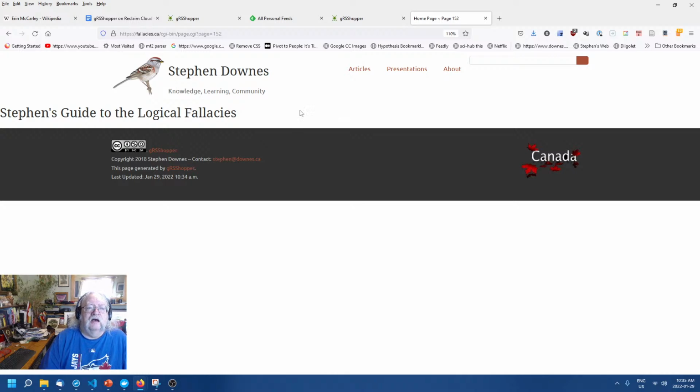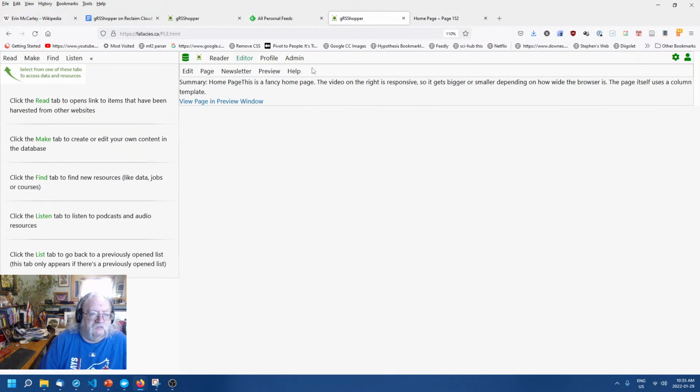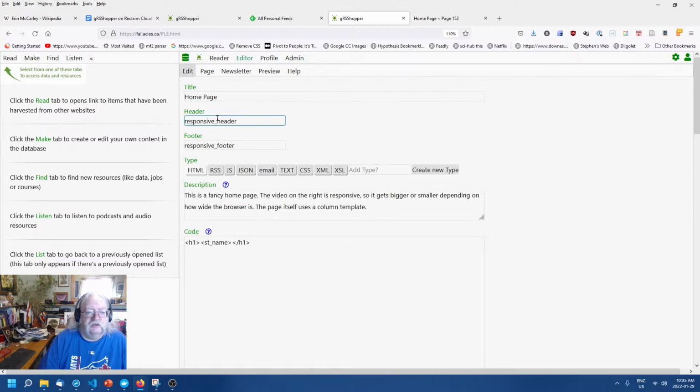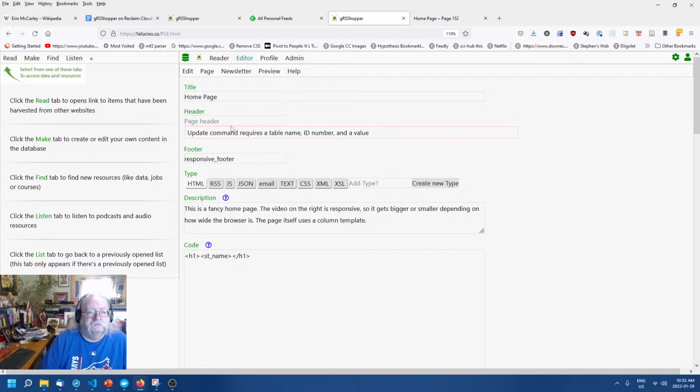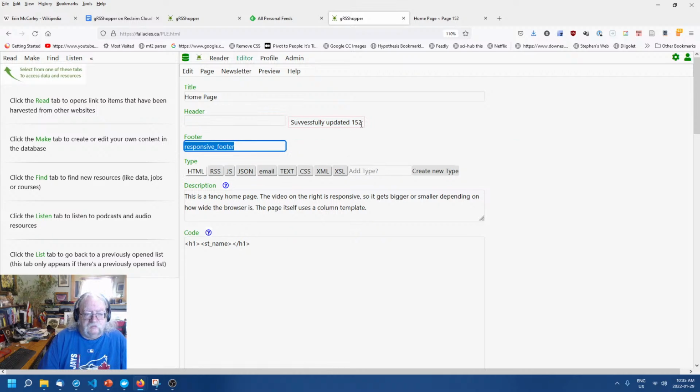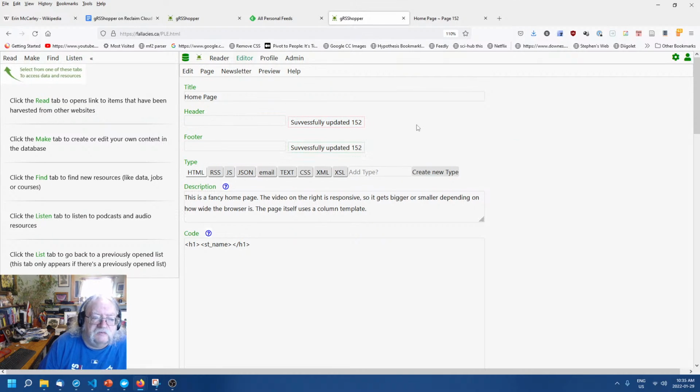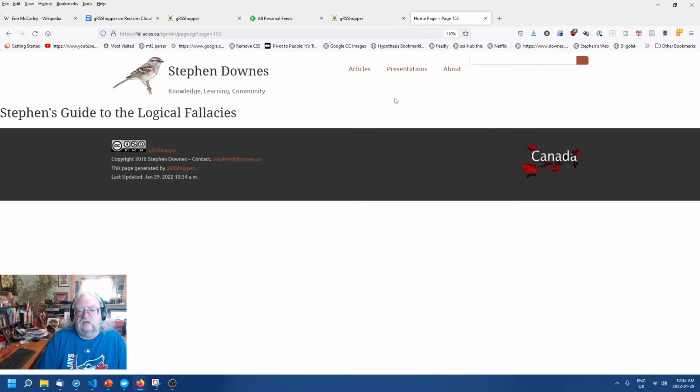Now, notice we've got a header here, we've got a footer here. What's happening? Well, if we come back to our home page, you see how we have responsive header and responsive footer. So we have to put something in. So I'm just going to put a little single blank space. The system won't find a header titled a little blank space, but that's okay. Now when I preview it, and I'll just reload this,